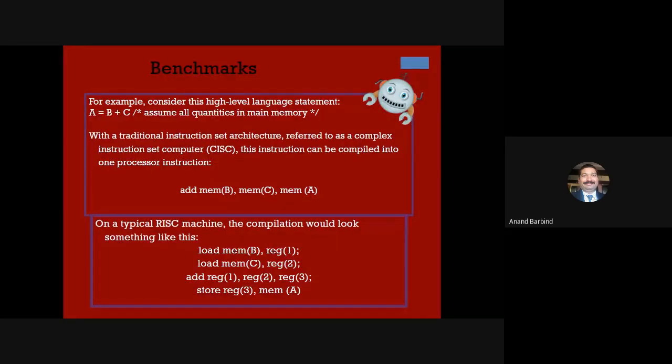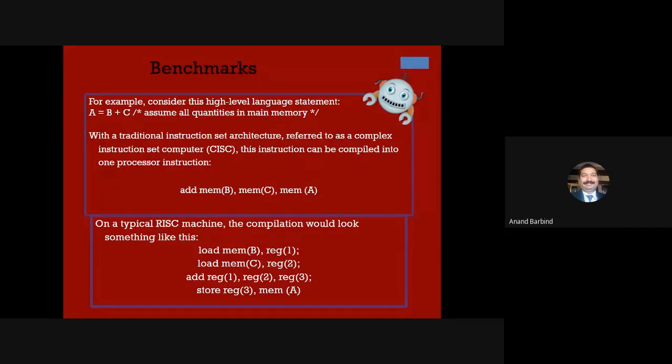Okay. Now coming to the next point, the benchmarks for the computers. Okay, so there are certain benchmarks, and if you use those particular benchmarks, then you'll be able to better compare the computers. Okay, so a benchmark is nothing but certain standards. If you compare any computer with a particular standard machine, because for comparing you need some standard.